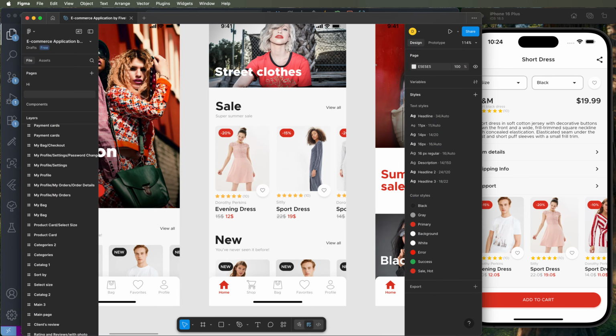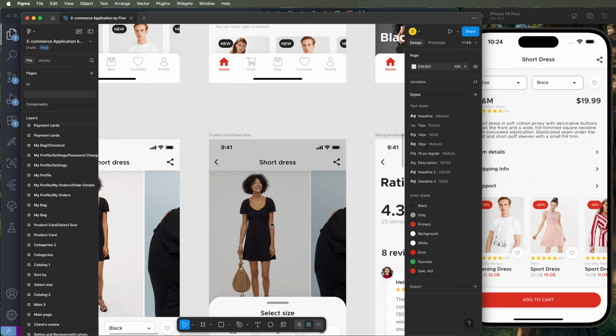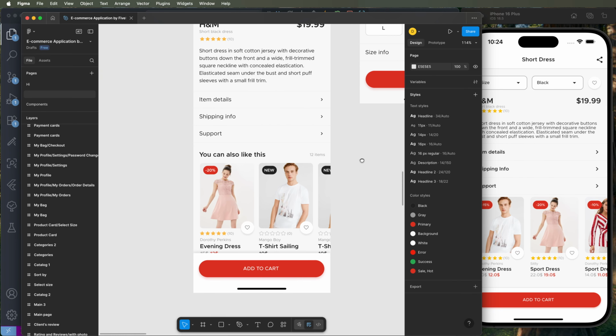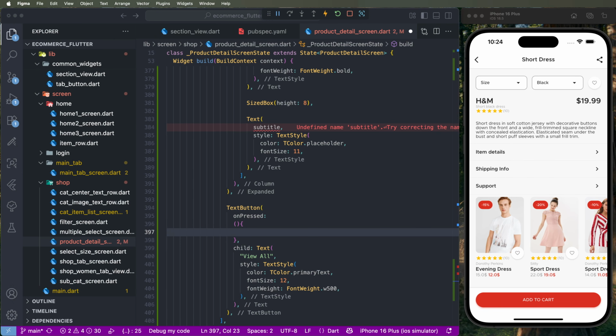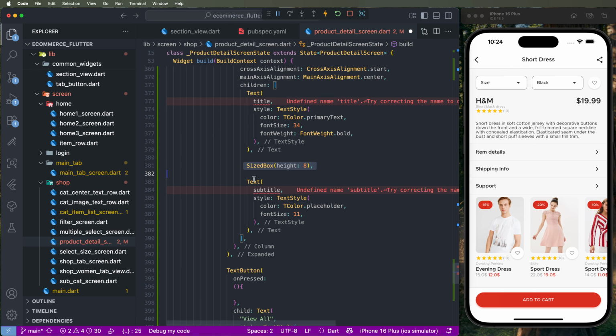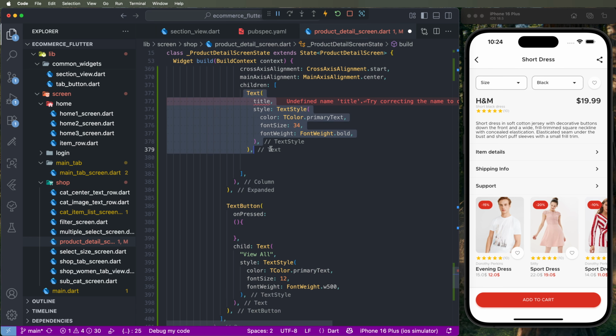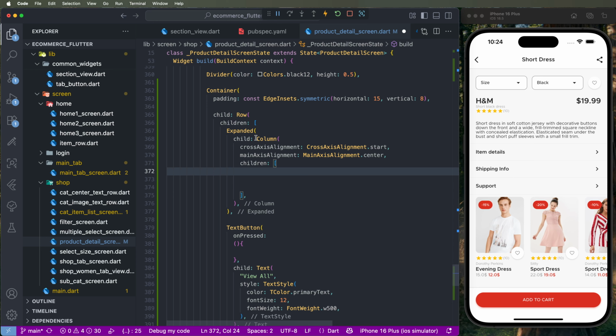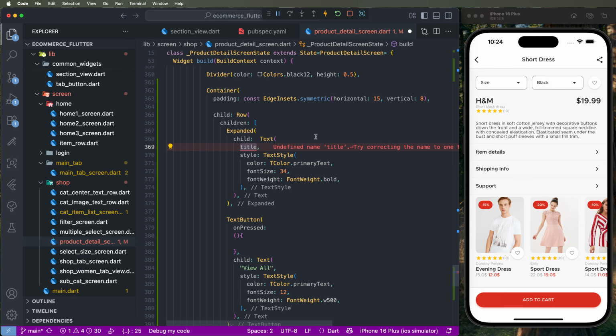We need to check inside the designs. We need to set it here or not. Need to not set it, it's only titles. Need to remove the unused codes. We need to remove, cut these ones, and we need to expand, replace with this column, and set the titles. Or you can